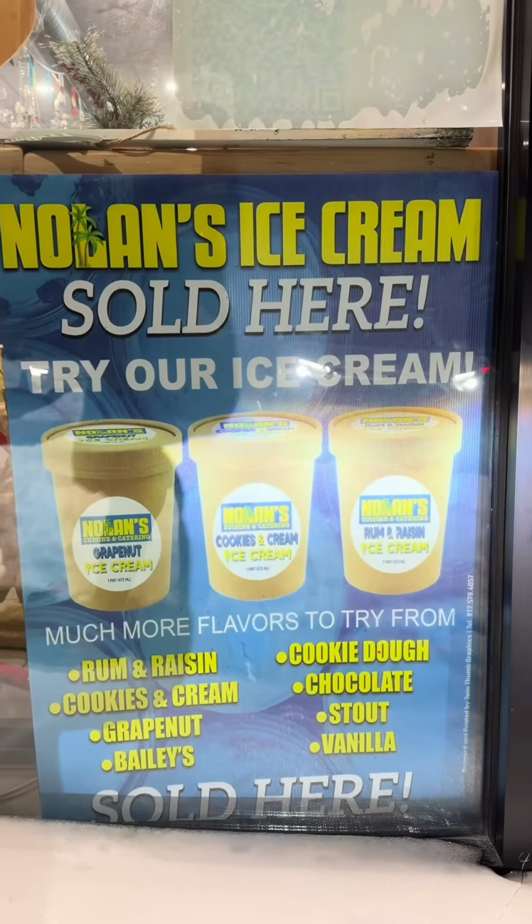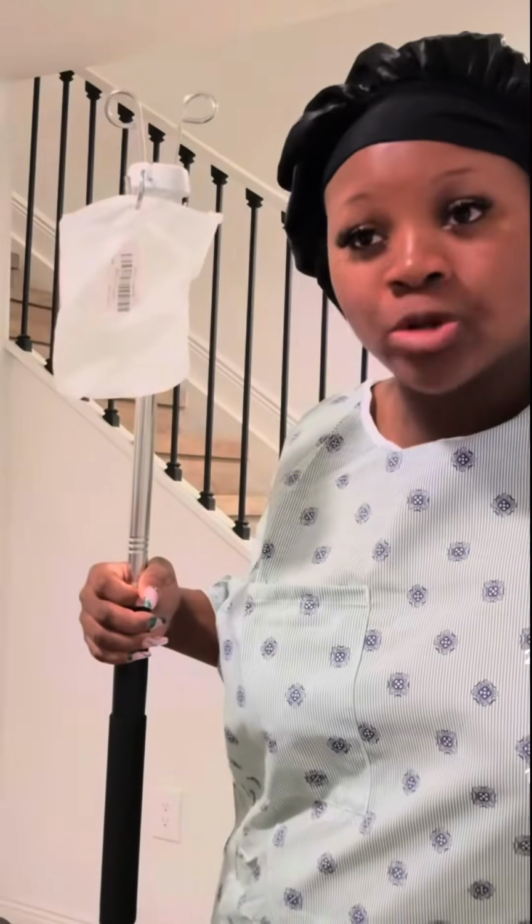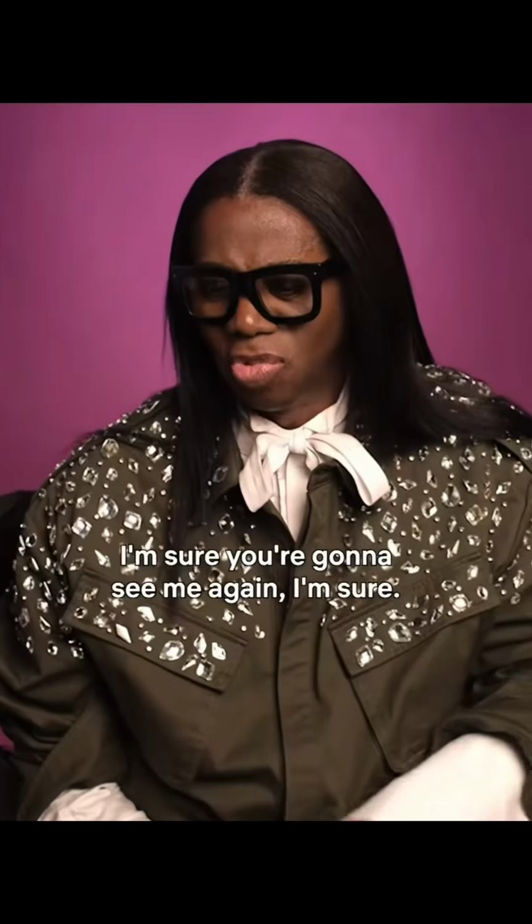Then I absolutely had to try some of Nolan's ice cream. All the flavors look good, but don't hate me because when it comes to grape nut, I want you to know something. I will not take that one. No way. I can't. But I told him when it comes to everything else,